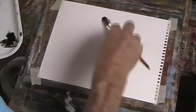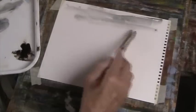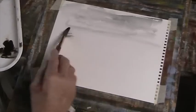So with a wet brush, I'm just going to use my sable to just put some water on parts of the paper in a random sort of fashion, because I want hard and soft, and put in a sky, bit of indigo. There's more. Just leaving bits of unpainted paper. See what happens? You get this sort of dry brushy effect, and I will put some